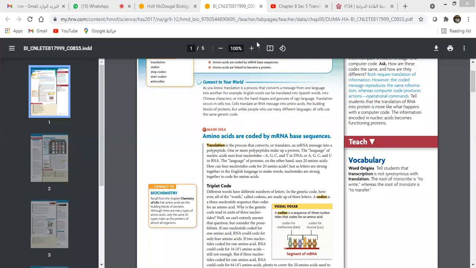كل codon will code for an amino acid. مش احنا قلنا proteins are made of amino acids? So each codon will code for a certain amino acid, and these amino acids will be joined together by the ribosome to make the protein needed by the cell. Till here, is everything clear, guys? Any question till here, guys?